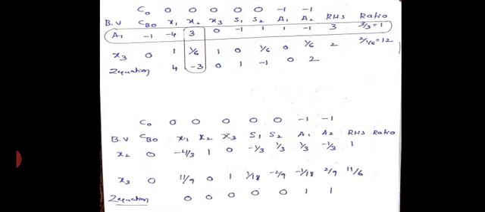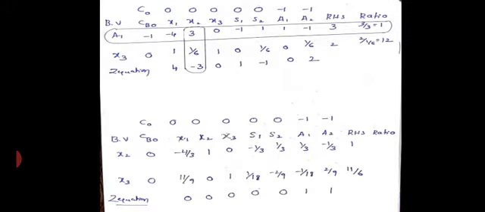Okay, now the same procedure we need to follow. For this a1 row, a1 will be replaced by x2 now. X2 whose coefficient in the objective function is 0. Now how to calculate? For the a1 row, I told the old element divided by the key element. See here, in the x2 row, the old element is minus 4 and the key element is 3. So it will become minus 4 by 3, and 3 by 3 it will be 1. Again 0 by 3 is 0, minus 1 by 3 is minus 1 by 3, 1 divided by 3 is 1 by 3. Similarly minus 1 divided by 3 is minus 1 by 3, and 3 by 3 is 1 now.